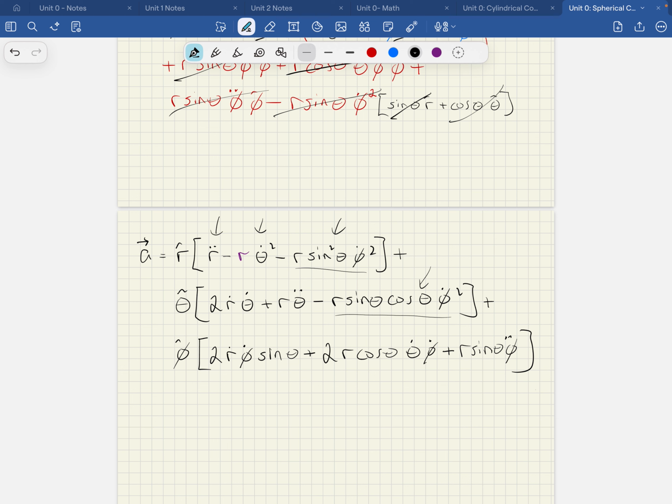Okay. This term is my r alpha for accelerating along the theta direction. If you're accelerating along the theta direction, there should be an acceleration in the theta direction. That makes sense. This is, again, my Coriolis term, which we'll talk about in a future chapter. It's real, but it's confusing. So then let's look at these last terms. Okay, this is also a Coriolis term. This is also a Coriolis term. Notice that they both have r dot